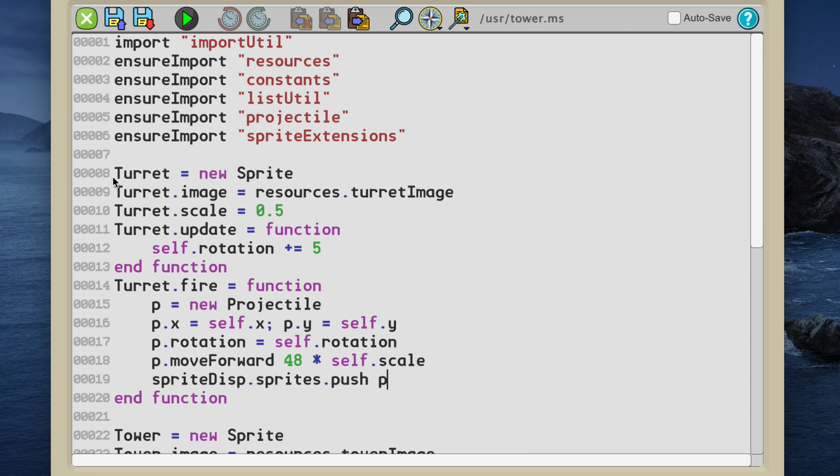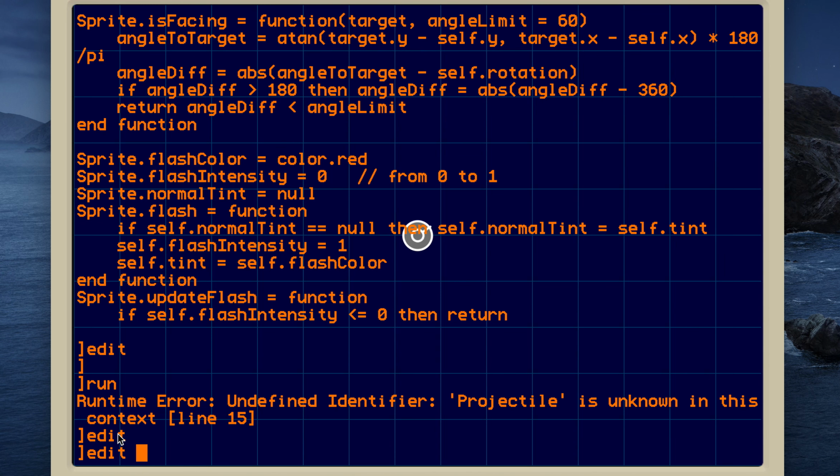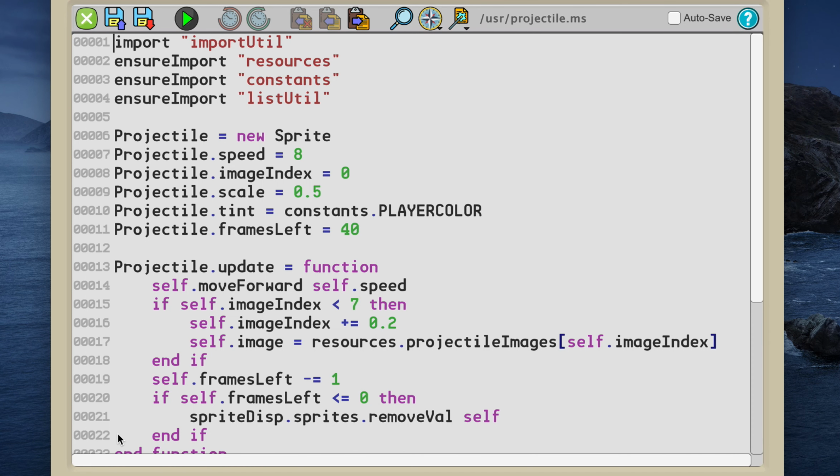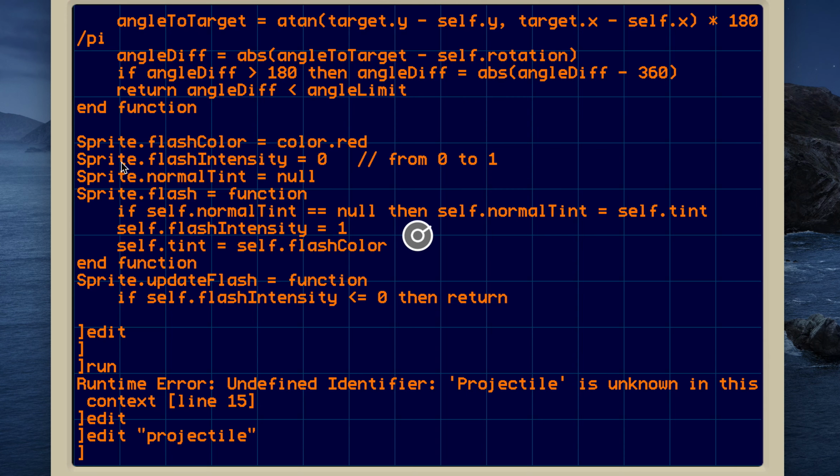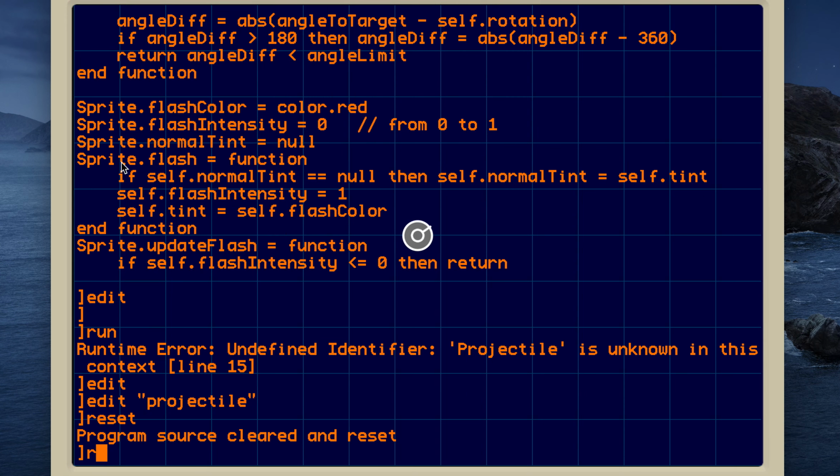In this project, I'm choosing to have most of my classes, certainly the ones that I'm likely to need to reference, in the global namespace. So I'm going to do that to turret and tower right now, and then I'm going to edit projectile. I need .ms with edit, and we're going to do it here too. Globals.projectile. Yeah. All right, let's reset and run